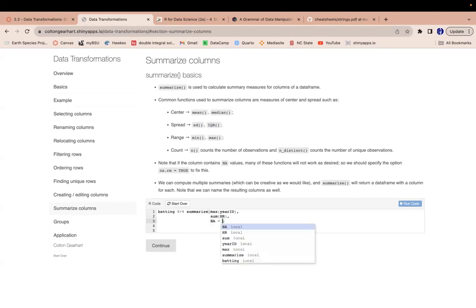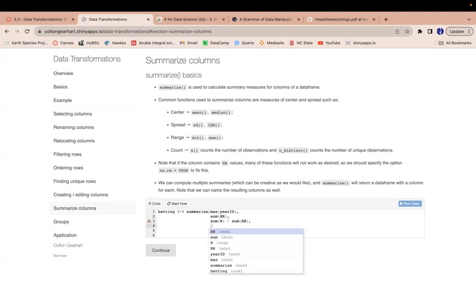We can get a little bit fancier with our functions. So I can use sum of home runs divided by sum of at-bats. This is creating a batting average. I could also do the total number of rows, which is going to be n. So it's going to give me the total number of observations, the total number of players in the history of the league. And then